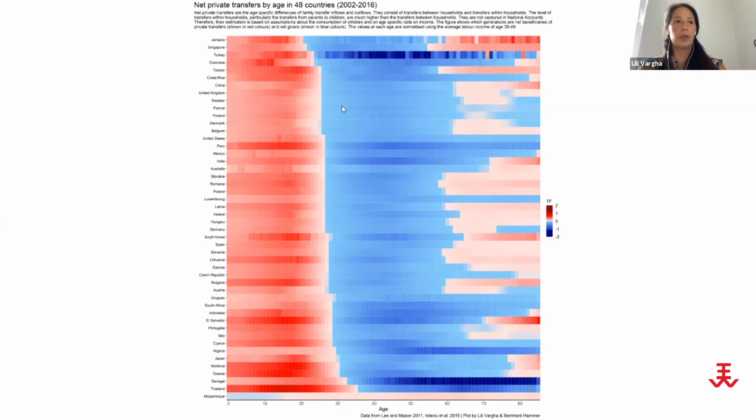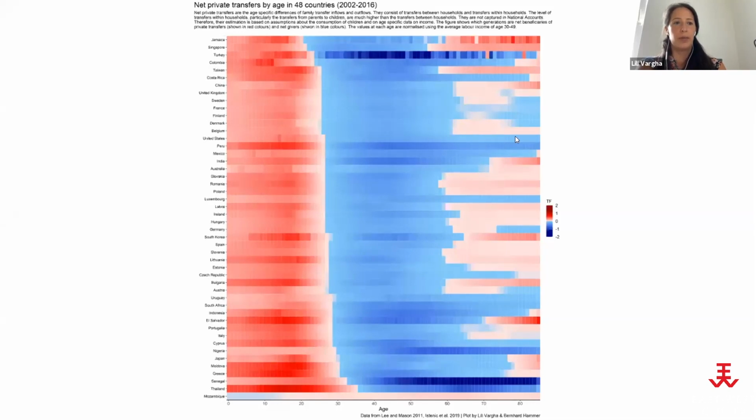So there were only 48 countries that had the private transfer profiles. And here too, again, the age spans and the shades are interesting. So in Senegal, not only working ages, but also older people are high givers, or they give a high amount of private transfers. And this is also true for Turkey to some extent. And then also in other cases like the US, it is not only the working ages, but also older people